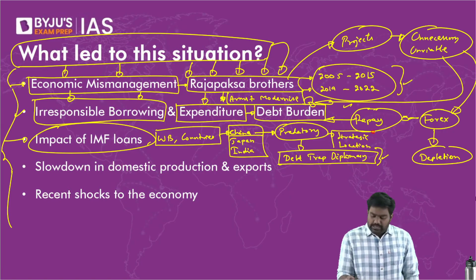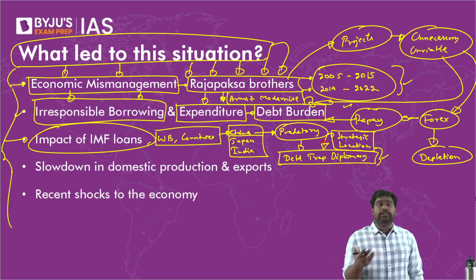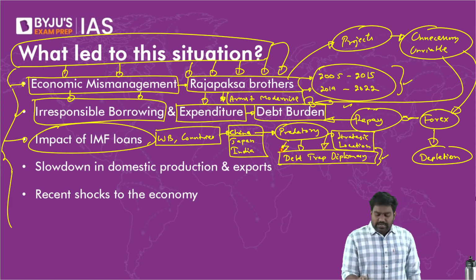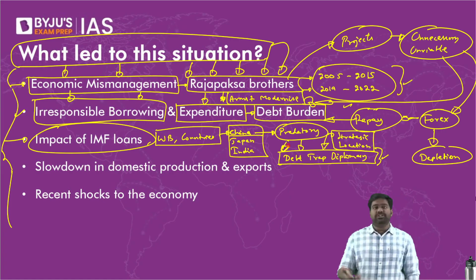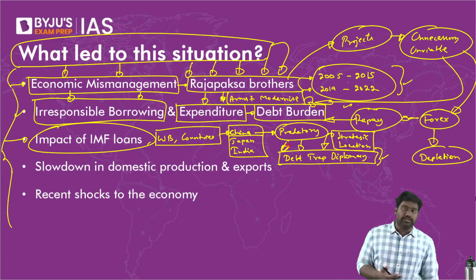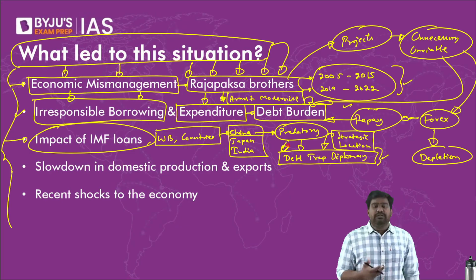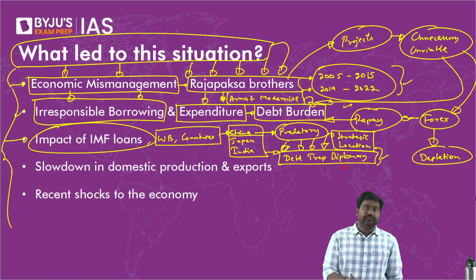China will be looking at the strategic location of the projects to gain influence. It will be looking at the geopolitical gains. It will give these massive loans, and eventually the projects will not generate revenue. The projects will fail commercially. So these small countries will struggle to repay the loan, and as they come under a debt burden, they fall under this debt trap. Eventually, China will take over these projects.